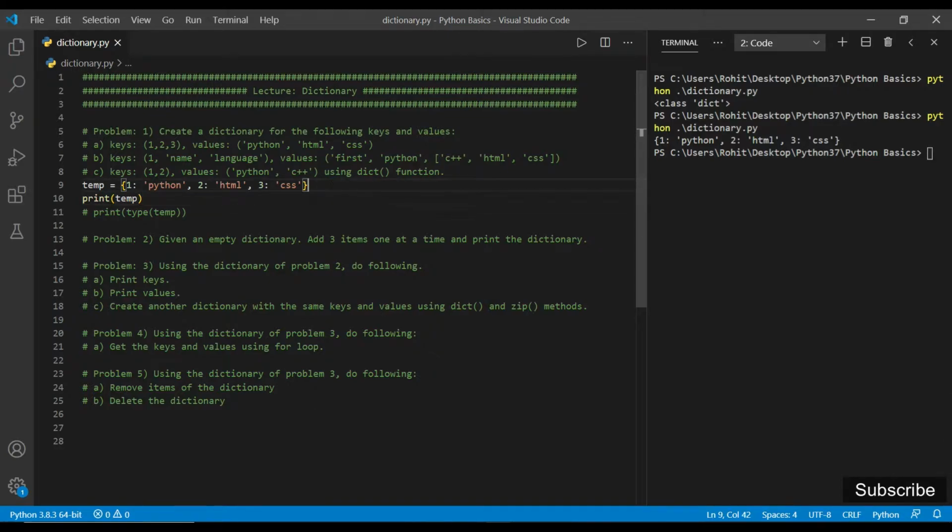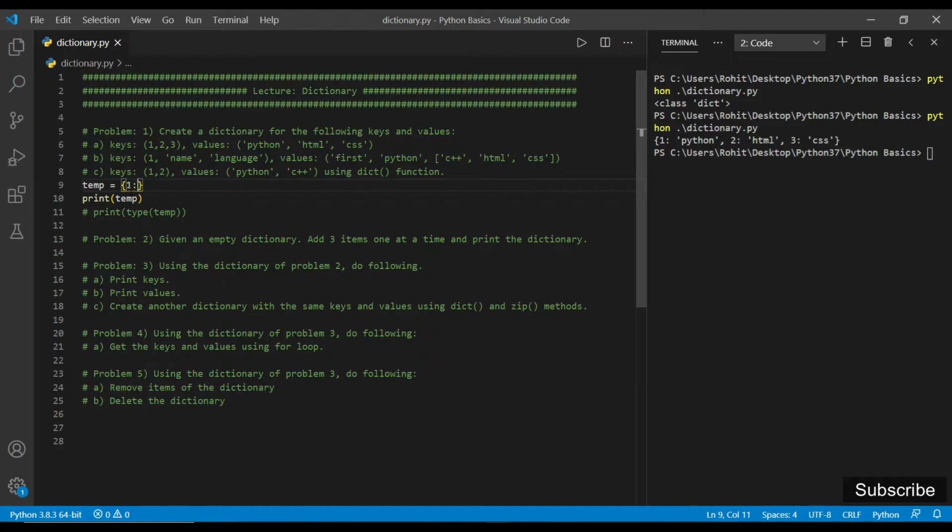In part 2, we have to use the keys as these and the values as the given items. Okay, so make sure that keys must be immutable and the value can be of any data type. Okay, so let's use these keys.